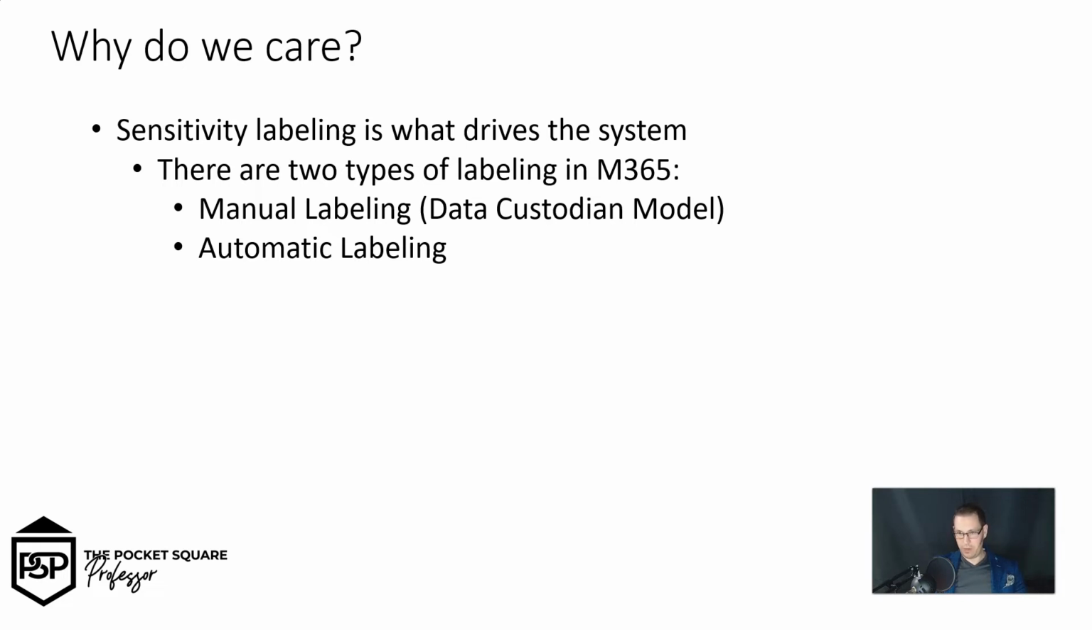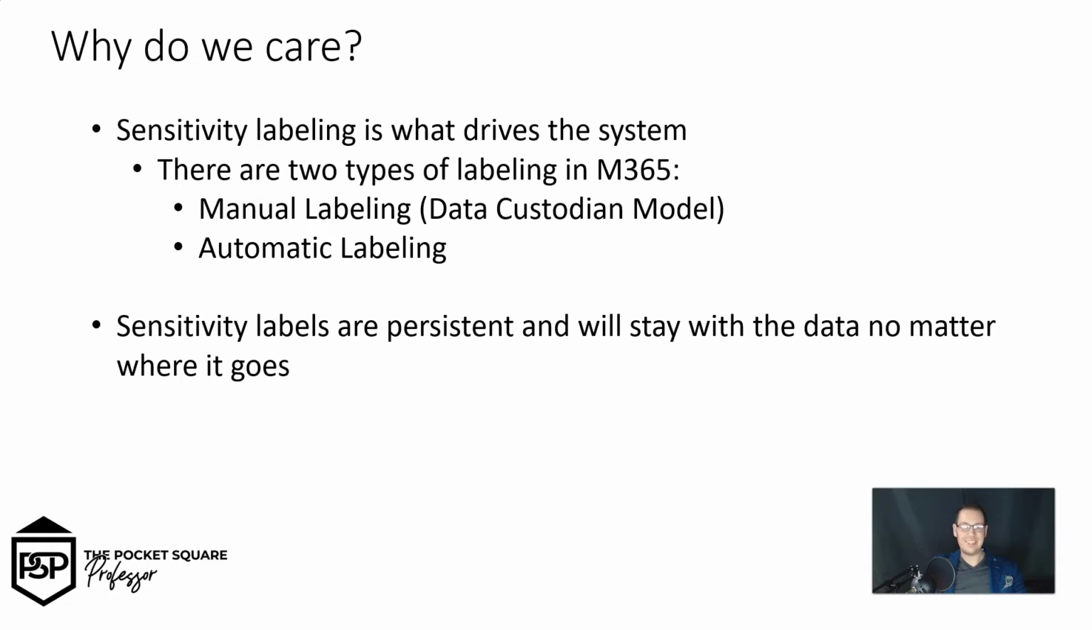Again, to the question, why do we care? Sensitivity labels are persistent and they stay with the data no matter where it goes. If I were to put a top secret label on a document, and only specific people inside of the organization can view it, and that piece of information were emailed out, put on a USB drive, or put in a personal Dropbox, when I open that document, that label is going to try and home back into the Information Rights Management Service